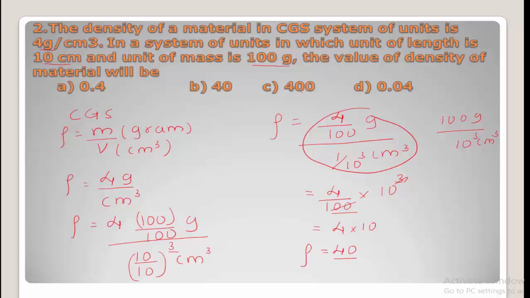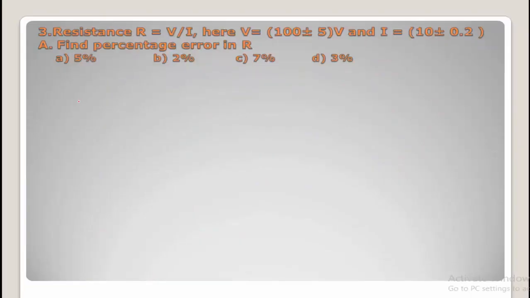If you increase the length by 10 centimeter and mass by 100 gram, then the density becomes equals to 40 times. This is the new unit we have defined here. Okay, is it clear? So the next question is,